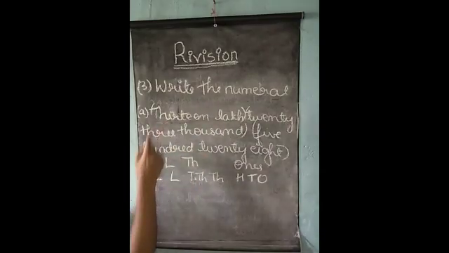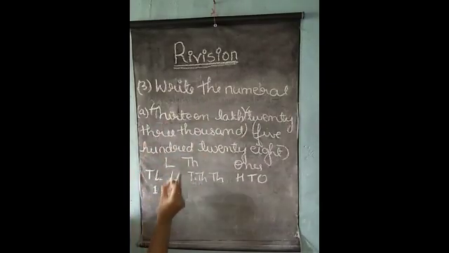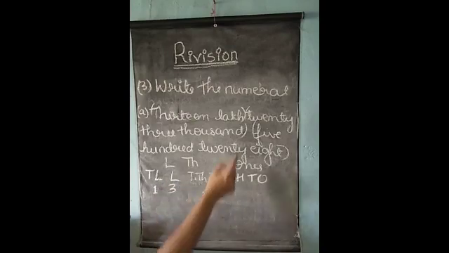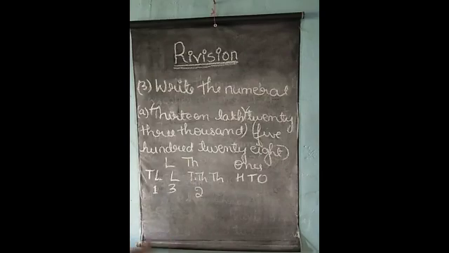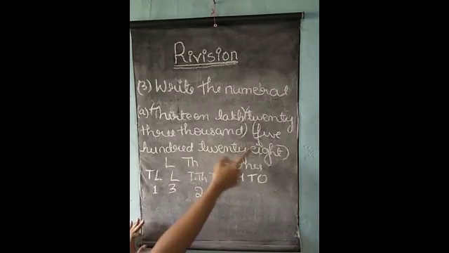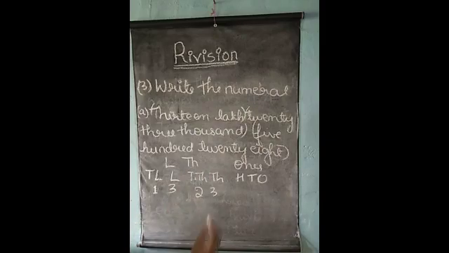That means 1 at 10 lakh place and 3 at lakh place. Then 23,000, 2 at 10,000 place and 3 at 1000 place. 528, 5 at 100 place. 28 means 2 at tens place and 8 at ones place. The answer is